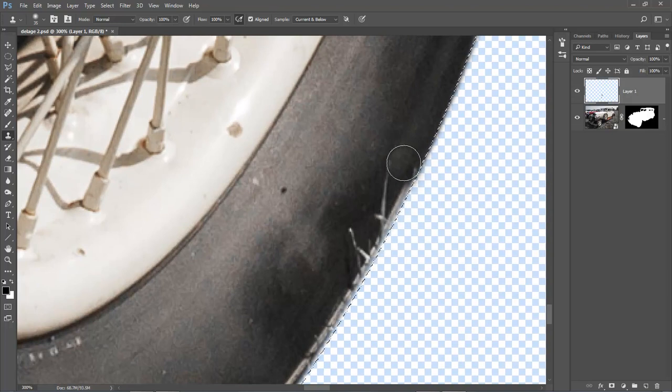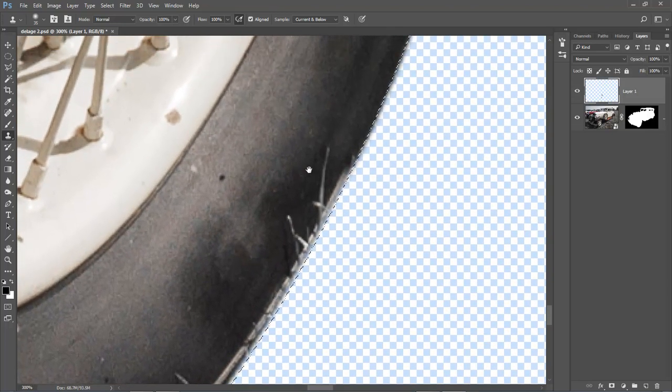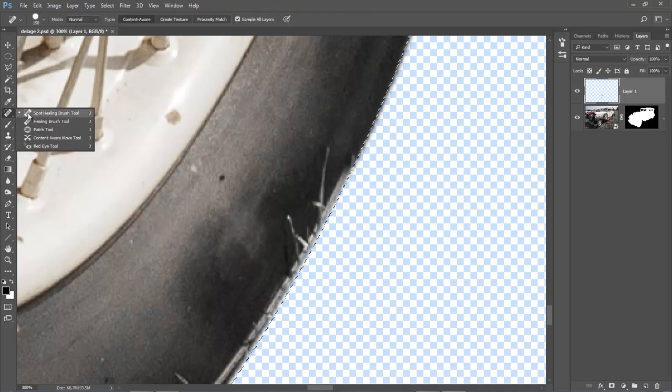But now we've got a problem with the grass sticking up, and sometimes if we use the clone tool we just clone the bits of grass further down. So this is where I may switch to maybe the spot healing brush, and once again just make sure you have